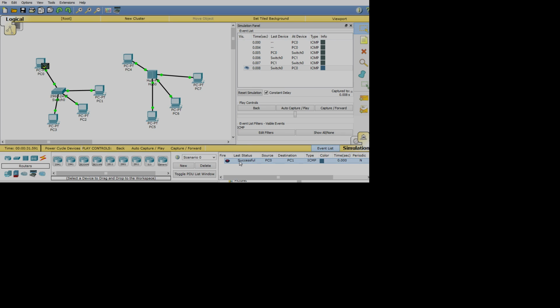Now, let's go into the next message that will go from PC4 to PC7. And this time we're going to travel through the hub. The hub is basically a repeater, so anything connected to it should receive the message. As we see the message travel through, the hub doesn't keep track of any addresses at all, so it sends